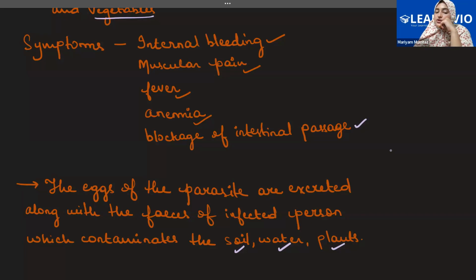And if it goes into the water, that water is used for cooking, for cleaning the house, for all of these things. So once the person ingests this water, or the plants, fruits and vegetables grown in this infected soil or water, the person has the egg inside of his or her body, because of which all these